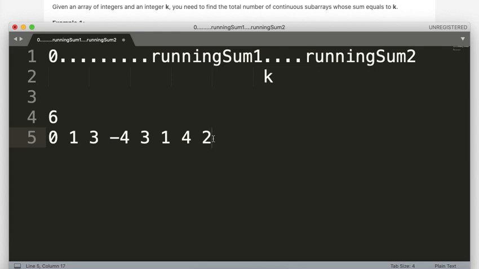So this is the array, and I want to find for k equal to 6. So at every stage, if I go on calculating running sum, here it is 0, here it is 0 plus 1, 1, here it will be 4, here again it becomes 0, and here it becomes 3, here it becomes 4, here 8, and here 10.